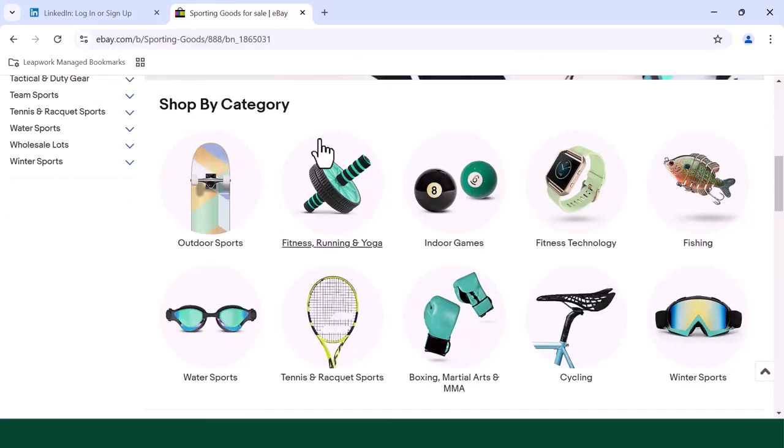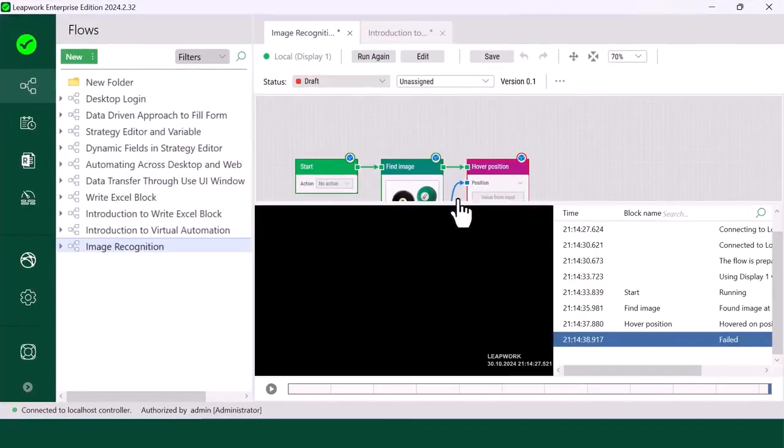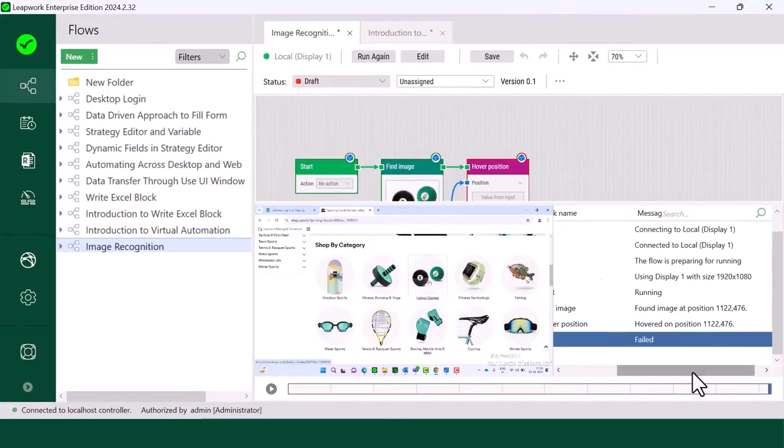And yes, we can see that the mouse moved and hovered on the image. We can see the hovered position in the activity logs. This is how the Hover Position block works. Moreover, you can also decide or set the position of the hover. Let me show how. Click on the Edit button,